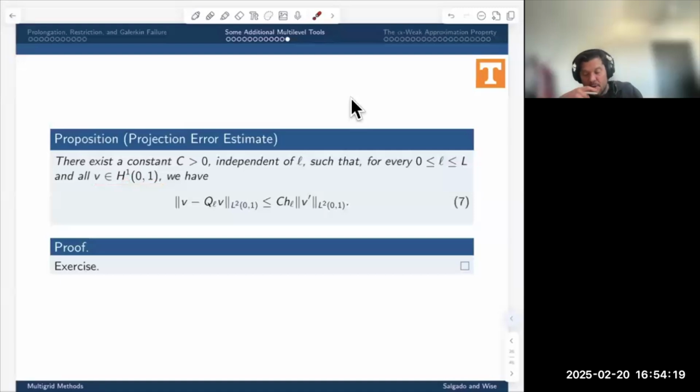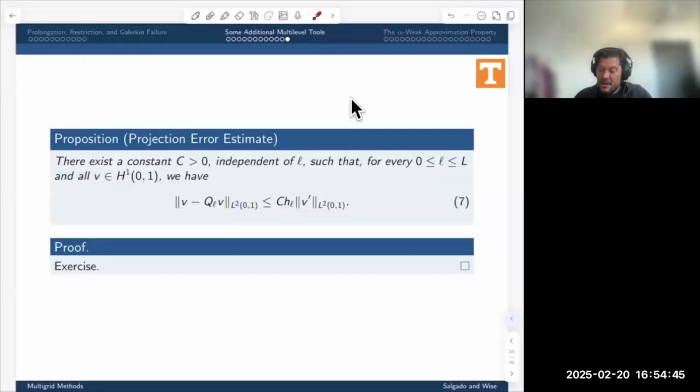It doesn't have to be 0 on the boundaries. Then we have the difference between V, this smooth function in H1, and its L2 projection. Remember, this guy is a piecewise constant function. In L2, it is less than a constant times HL times